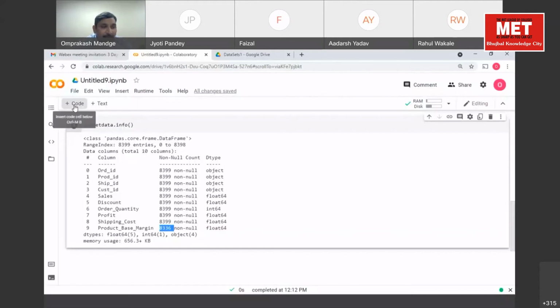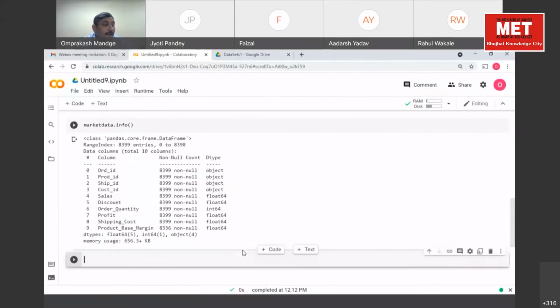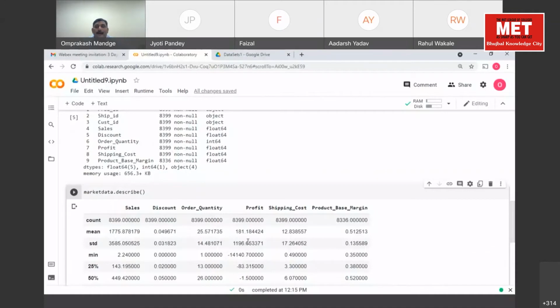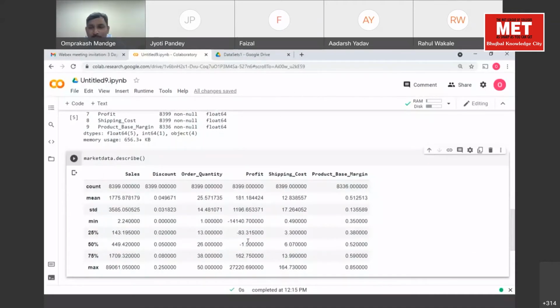Now, I think these are the functions that we generally follow. Let's do one very interesting function. Am I clear? Is it making sense? So now we'll execute one more function here: market data dot describe. This is again an analytical function which will help us to understand our data. There are too many things, so don't get confused. First execute, and one by one we'll discuss each of them.